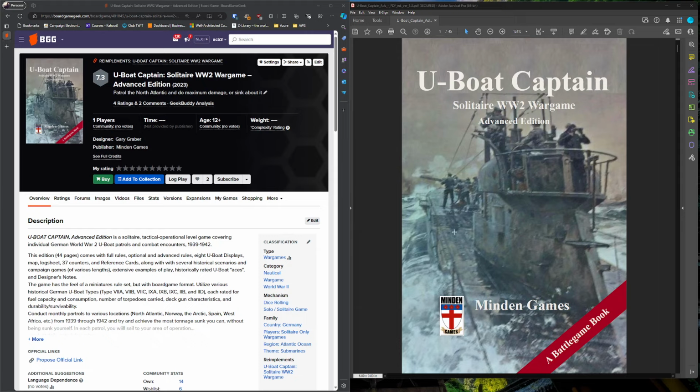But I'm going to do two things with this series. First I need to build a VASSAL mod. There is no VASSAL mod for it. And we do have the BGG site up for it also. U-Boat Captain, this is going to be the advanced edition for 2023. He had a previous version and then he built on it here with